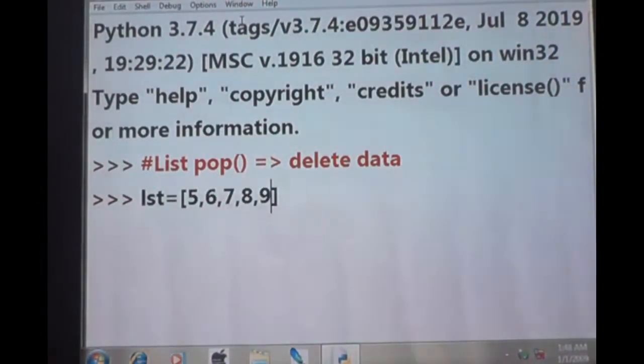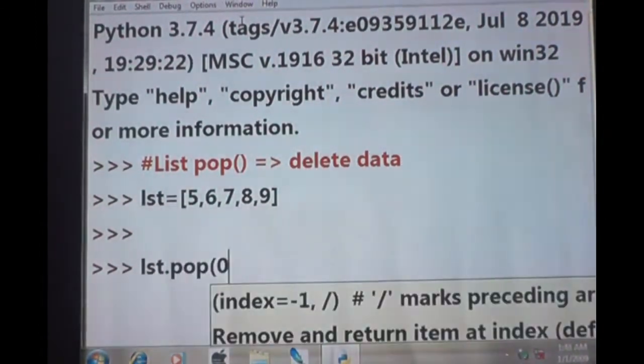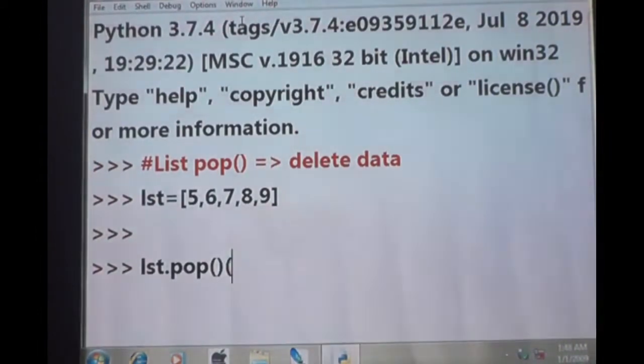Then if I give LST dot pop function and enter, what will happen? 9 will be deleted. I told you pop means it will delete the data.